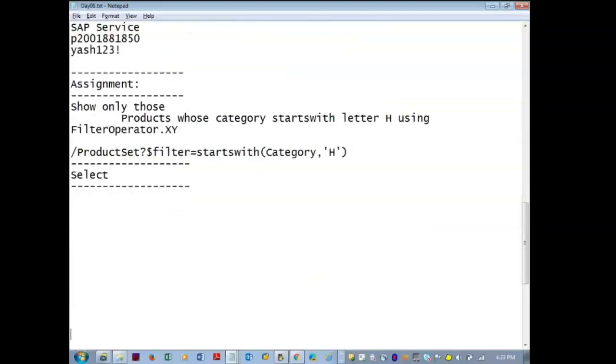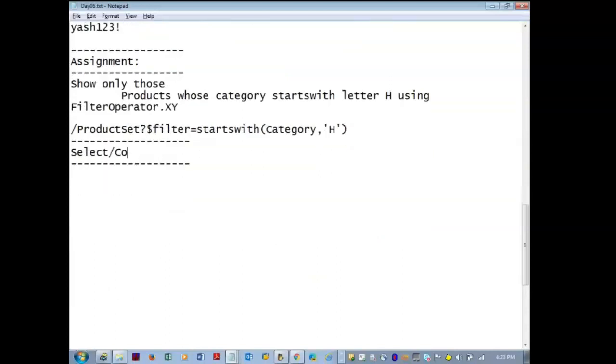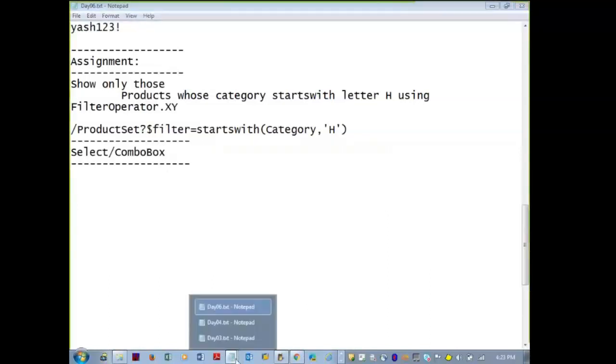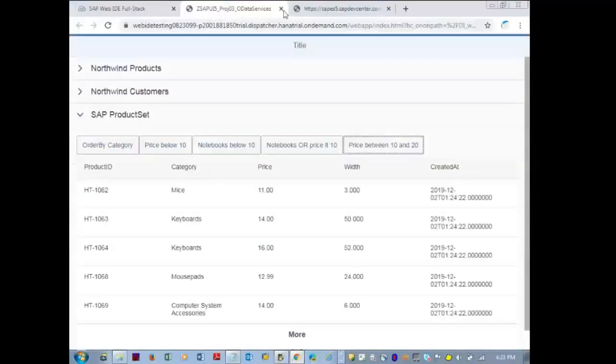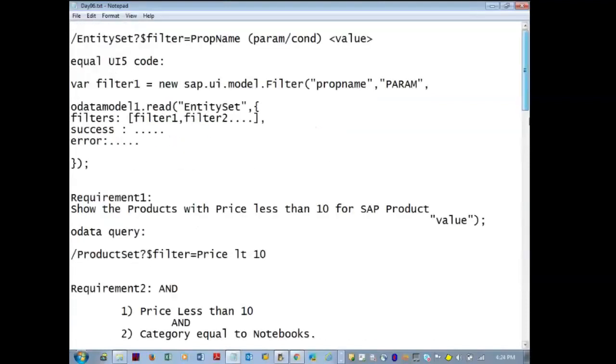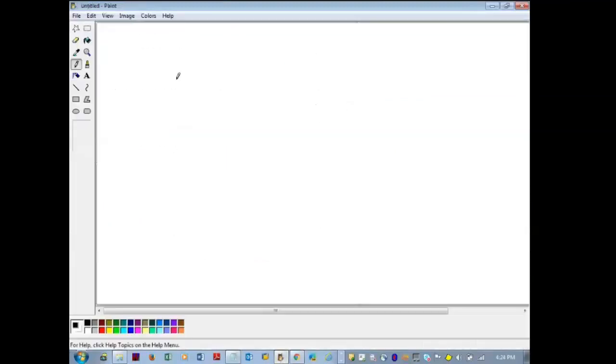Select and a combo box. Any doubts still here? WebEx participants, any doubts? Okay.